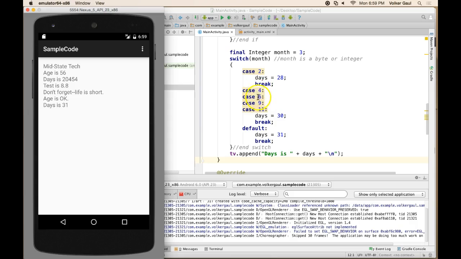Why did I pick 4, 6, 9, and 11 here? Why didn't I do the 1, 3, 5, 8, whatever the rest of them are? Because there's only 4 of these and there's like 7 of the rest of them. It's a whole lot more typing. Couldn't I have done 1, 3, 5? Yeah, I could have. And said days equals 30. I can do that. What you cannot do